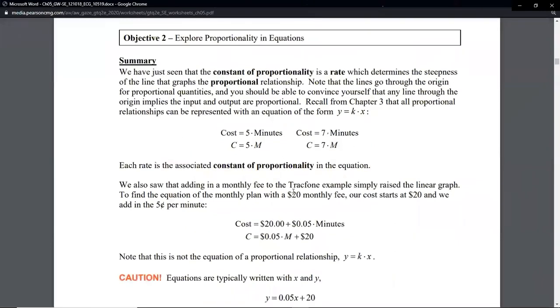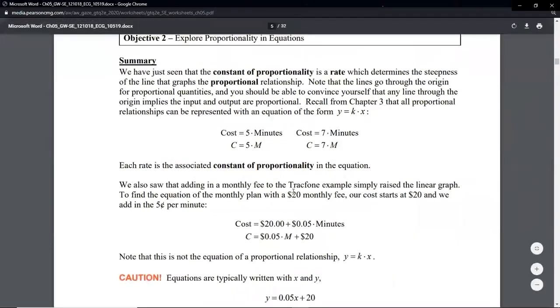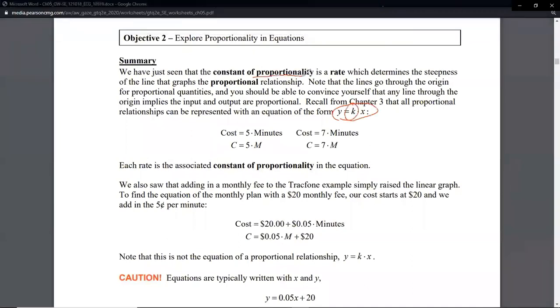Zoom in just a little bit. There we go. Constant of proportionality is a rate. That's something we have discussed before. A constant of proportionality is a rate. Back when we were talking about that y equals kx stuff, k was the constant of proportionality, and it would always have a per in it. So 5 per 1, $5 per 1 ticket, something like that.